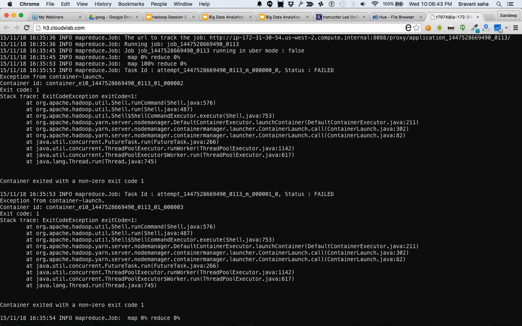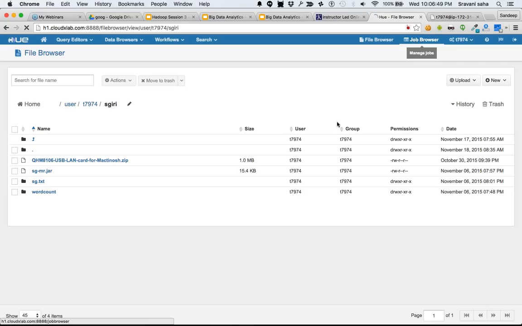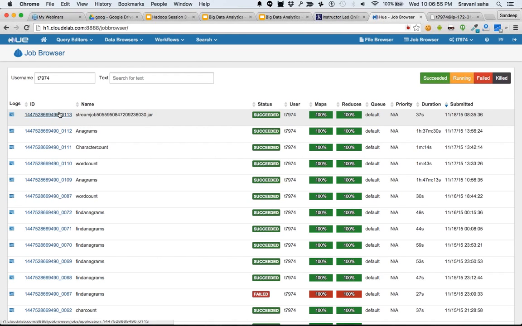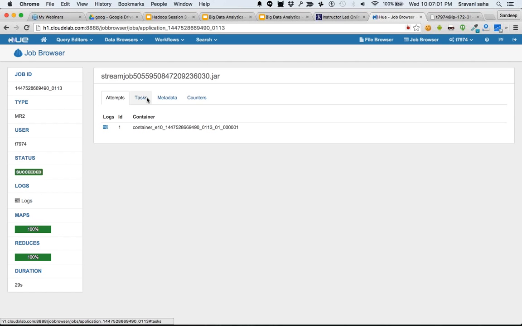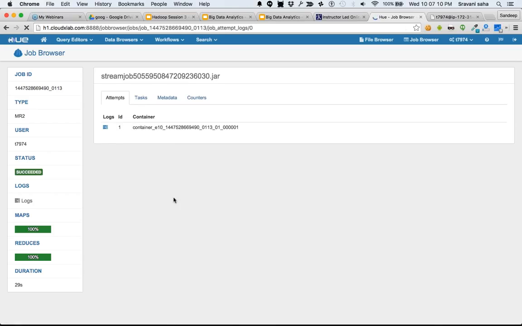Now this is the magic. You're lucky to see this situation where the work did not get done at this point, but it got done on another machine. So I just ran this stream job. You can see it says succeeded. Although if you see tasks, it says that it started 3 tasks, and there was one attempt.